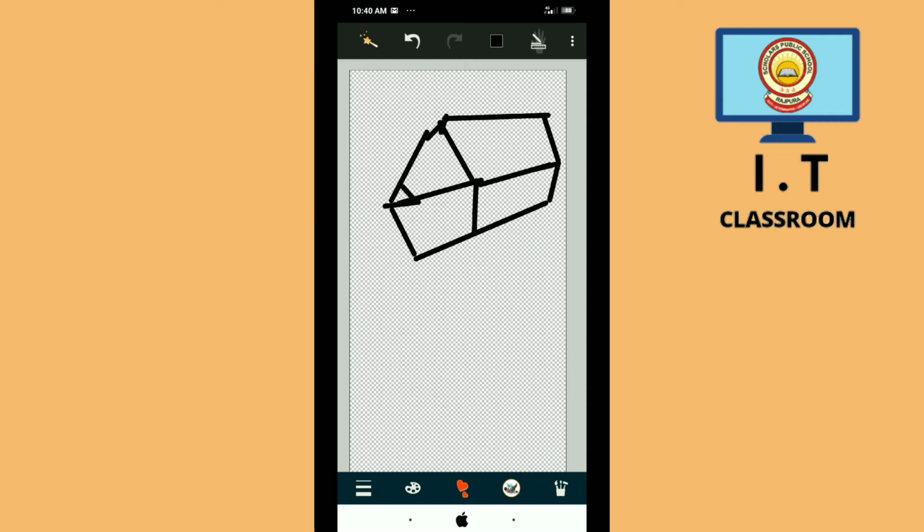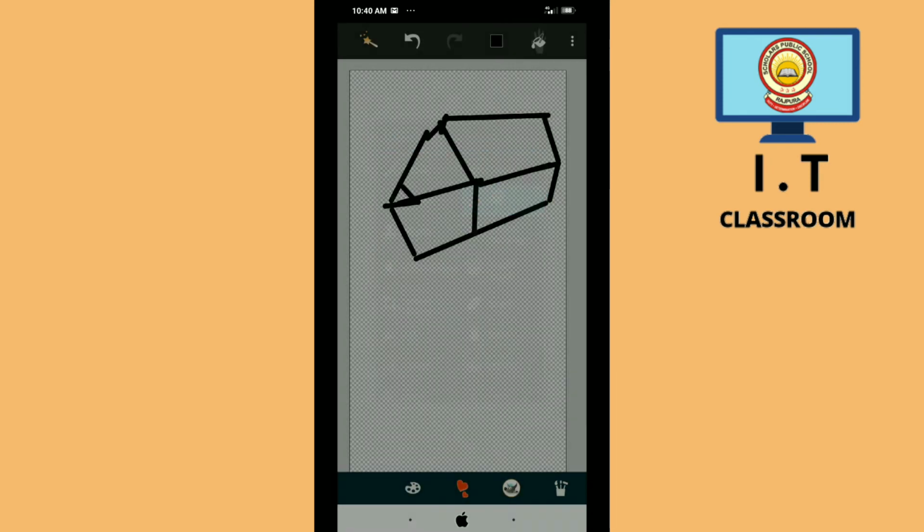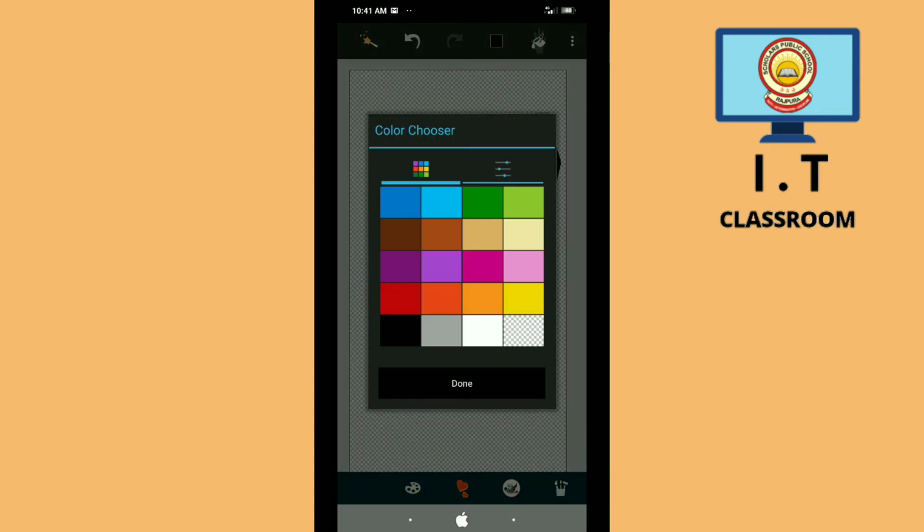Now I am going to tell you how you can use the fill tool. For this, first you need to select the fill tool like this. After that you have to fill it with color. If you want to select a different color, see in the color chooser and select any one color from it.